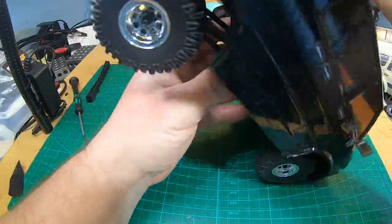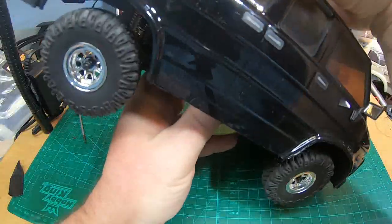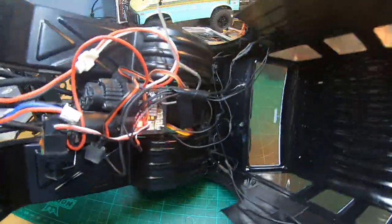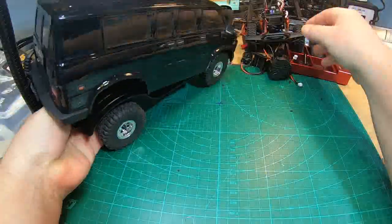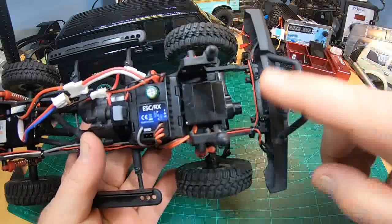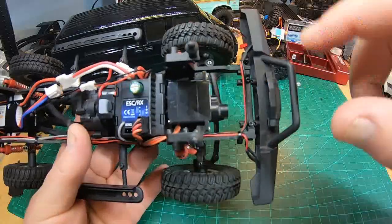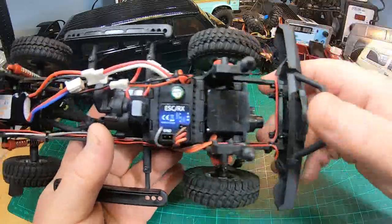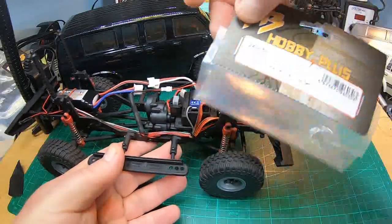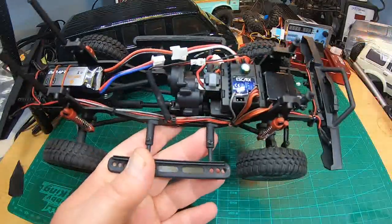And mounting the body of the Rockvan is super easy. If you buy those parts, you won't get the whole stuff to mount it in front of the CR-18. That's the stock bumper, the bracket here, but it's super easy. I simply used body posts I had from other Hobby Plus trucks. You can buy all this stuff for super cheap, CR-24, CR-18, and